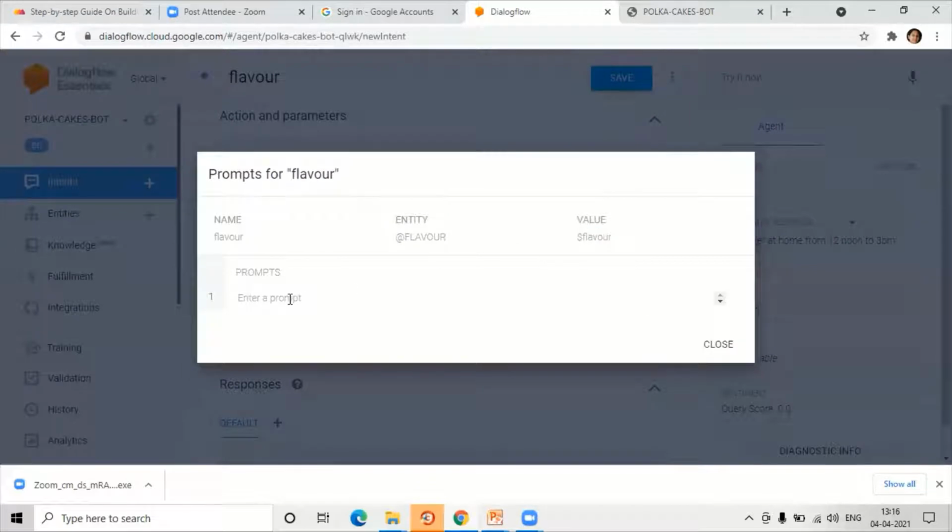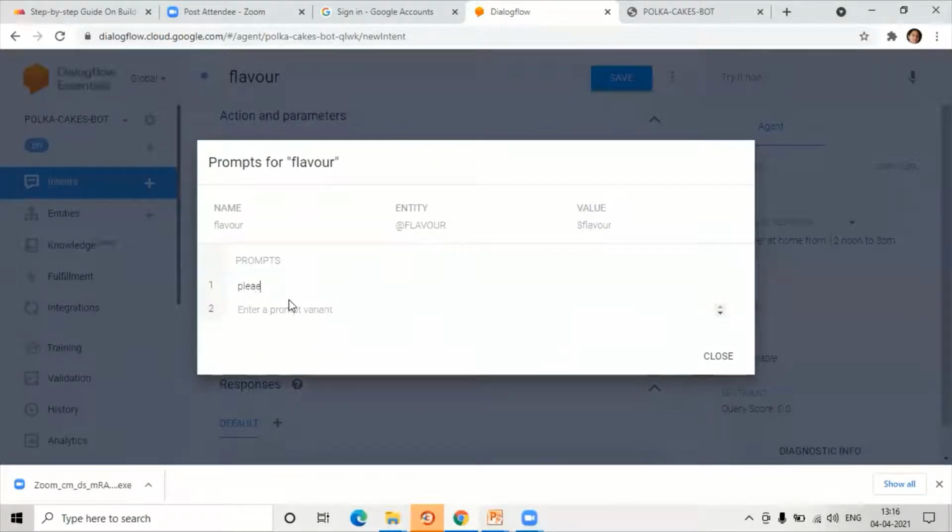The prompt is what will be displayed if the user does not enter the flavor. So it should say, select the flavor of your cake.